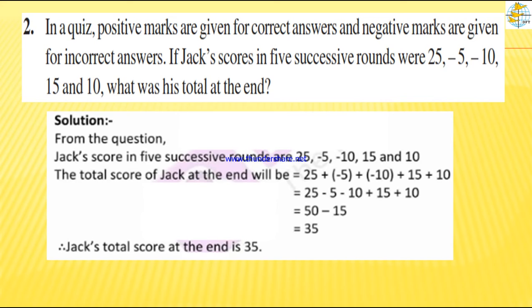Again you add, because when like signs come in, what do we do? We add. So minus 5, minus 10: pick up the negative integers and add. You will have a negative solution, because minus 5 and minus 10 are both negative. Adding, you get minus 15. Now we have changed it into only two integers. When simplifying only two integers, see whether it is like sign or unlike sign. Here it is unlike, so it is direct subtraction. Unlike means subtract, and take the greater number's sign, 35. So Jack's total score at the end is 35 marks.